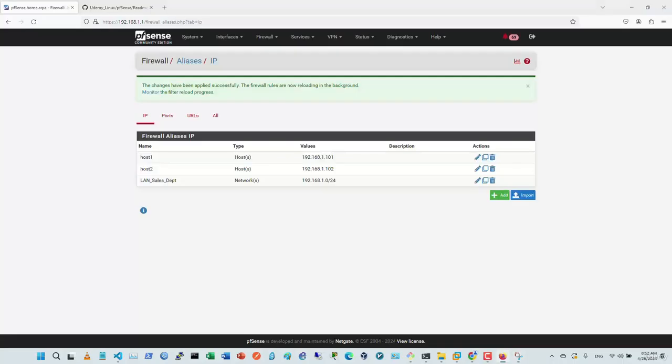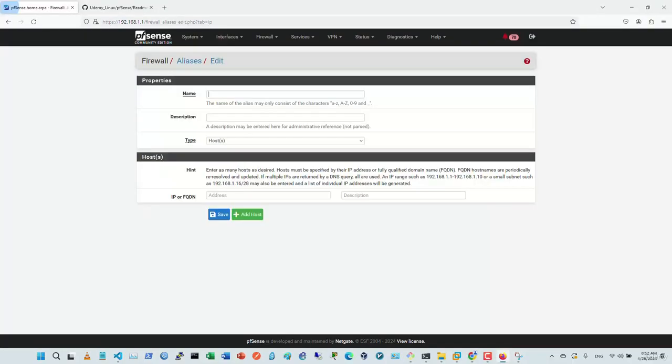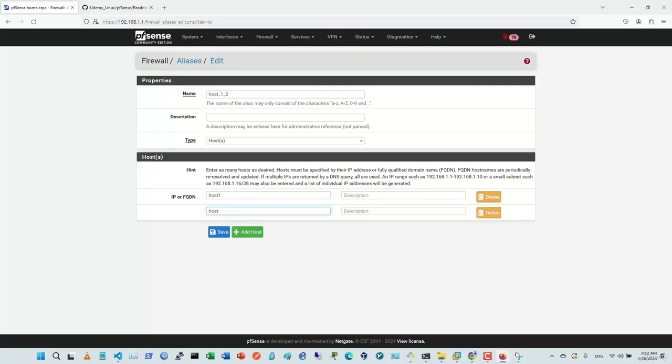Imagine that I'm going to have a configuration for just host 1 and 2, okay, and from here I can add a host number 1 and 2 like this, or any type of name you're comfortable with. And from here you choose host, and you can type host 1, okay, and add another one, host 2. So instead of configuring IP addresses, I'm just using host 1 and 2 alias, and it means nested alias, okay,